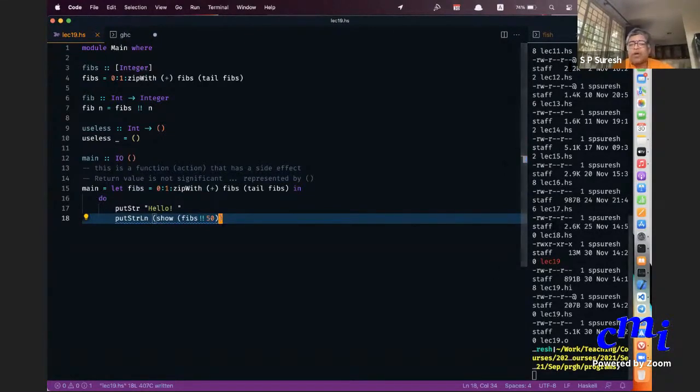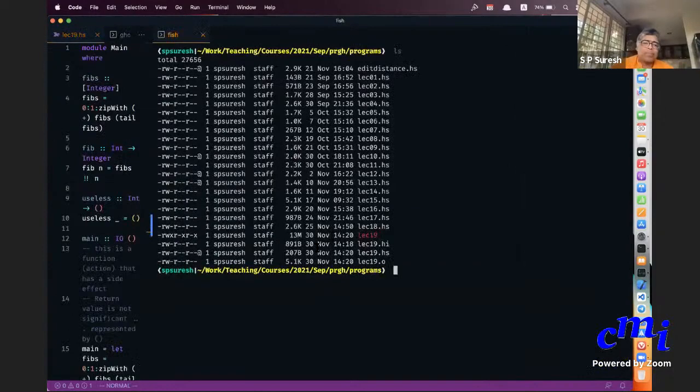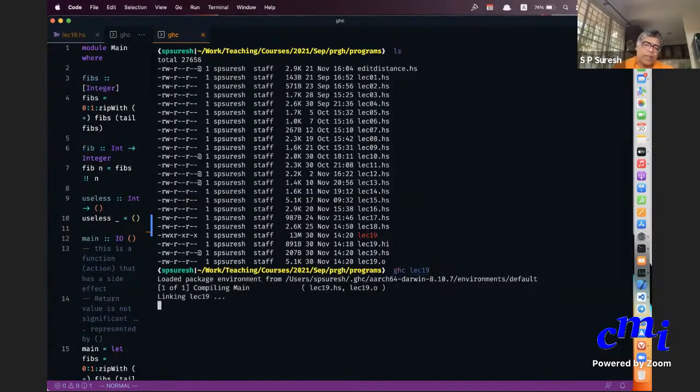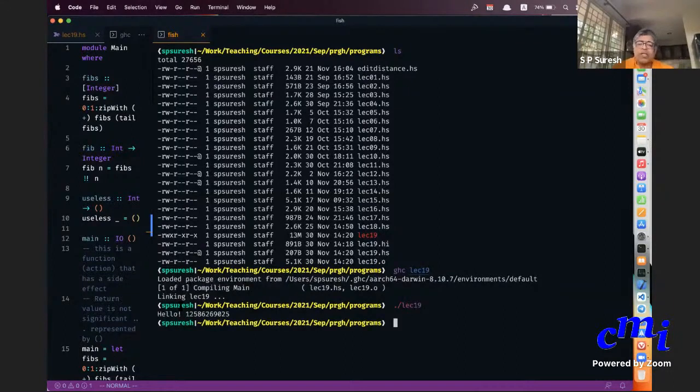Let me try to compile this program. That's my lect 19. Yeah, it is saying hello and then it is printing this. Why is it printing in the same line?